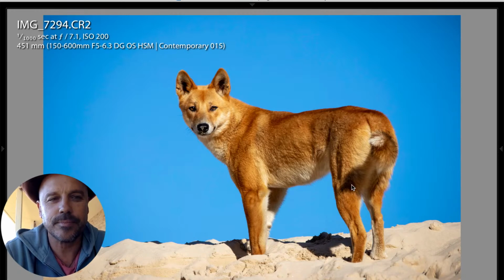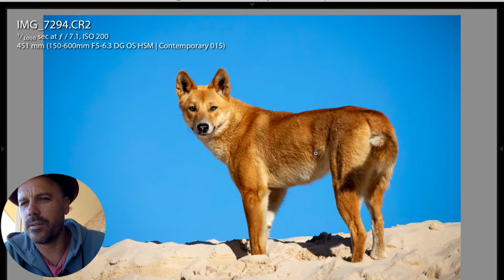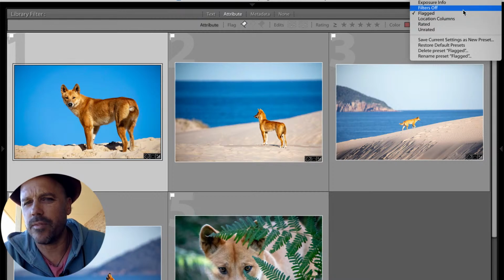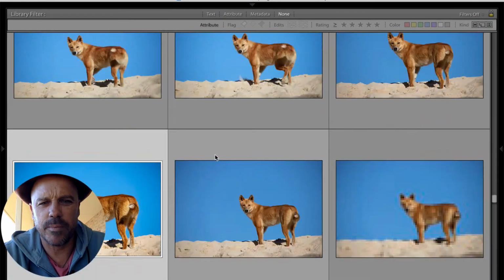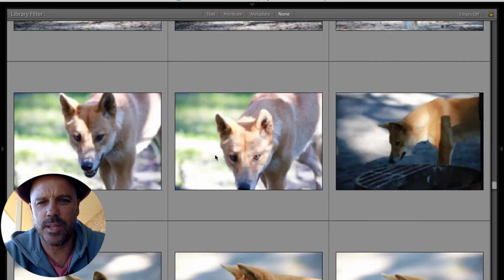And I'm photographing with my longer lens, my 150 to 600 mm lens. And here I'm photographing at 451 millimeters. So she had run up the sand dune, and let's go back to the grid mode here, and I'll turn flags. I'll go filters off, and you can see how many shots I take of her. So she came into the